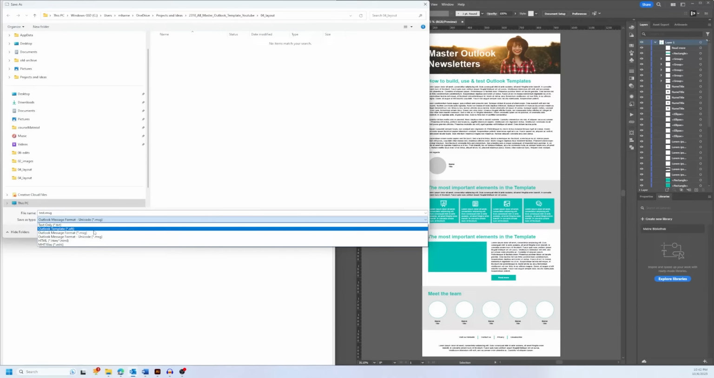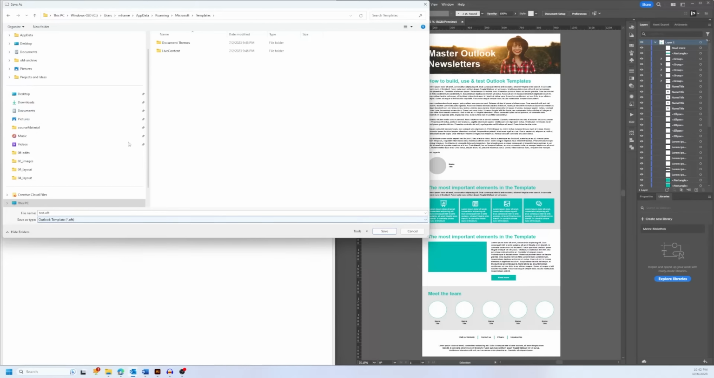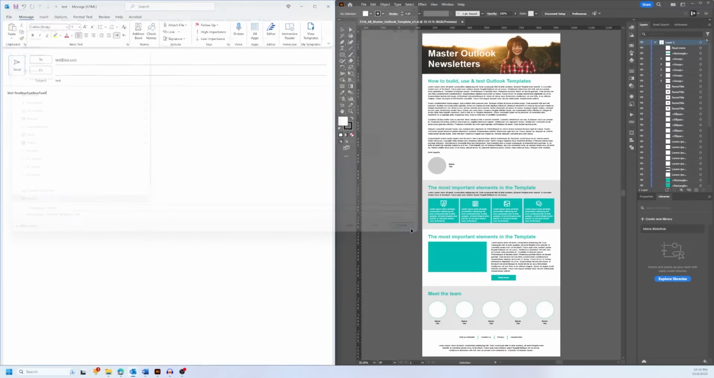This one, go to the menu again and choose OFT, and again it's gonna jump to the Microsoft templates folder. You need to go back and save it again to this file. So whenever you do a change, you need to re-save it as an OFT file. So that was all about saving